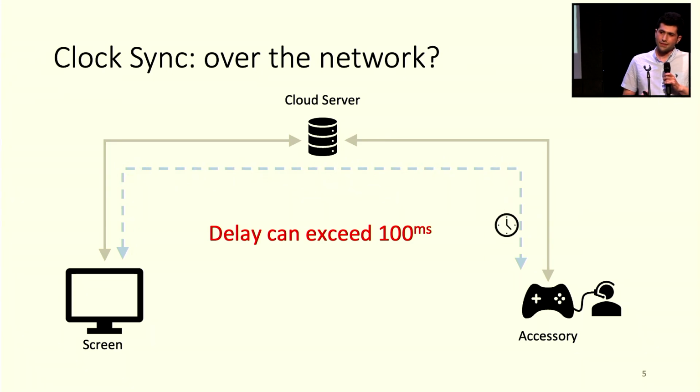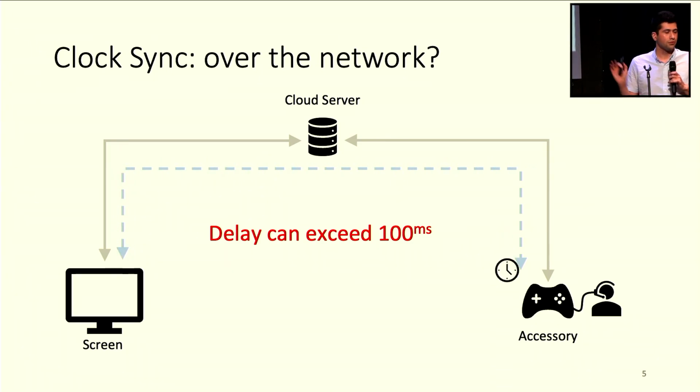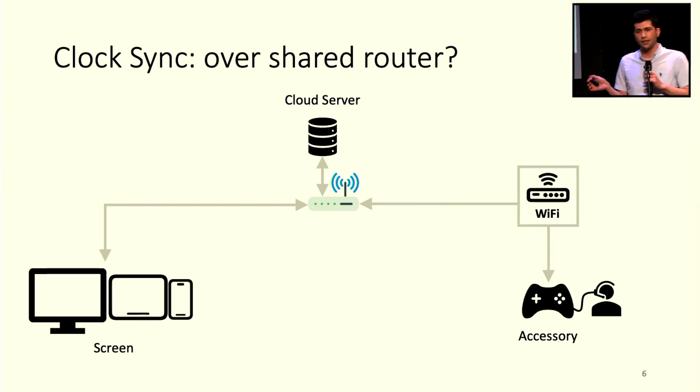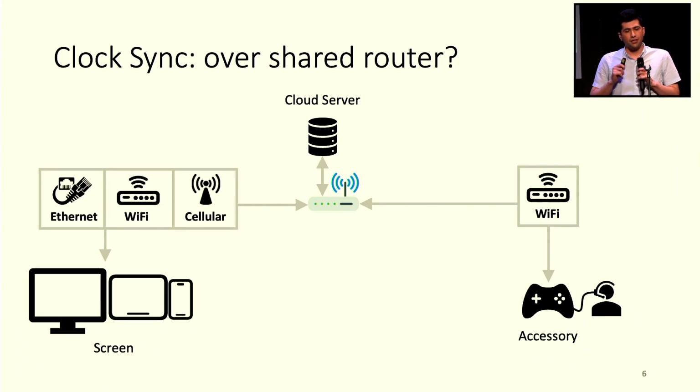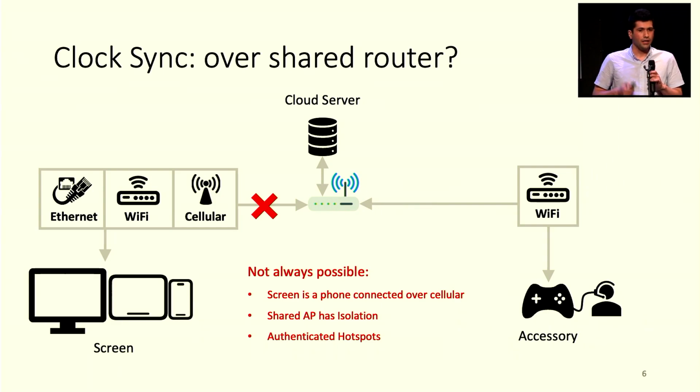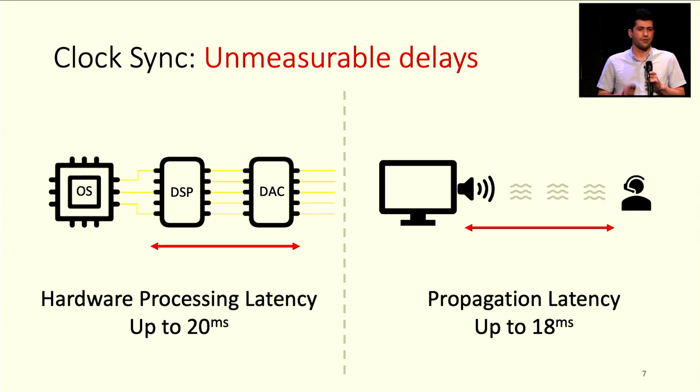Unfortunately, due to long distance and asymmetric paths, this delay estimation approach can have errors up to hundreds of milliseconds. Another problem is that the accessory and the screen device are not necessarily on a local network. While the accessory is always on Wi-Fi, the screen device can be on Wi-Fi, it can be on Ethernet, but very commonly it'll be on a cellular connection, such as when you're using a phone or a tablet device during traveling or commute. Finally, there are some delays that we cannot measure, and because of that, we cannot mitigate them